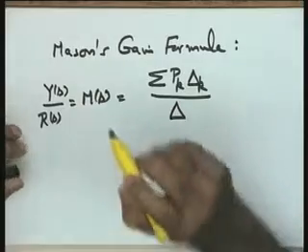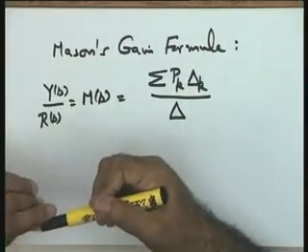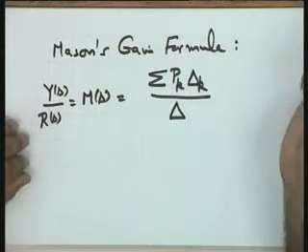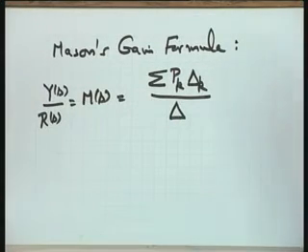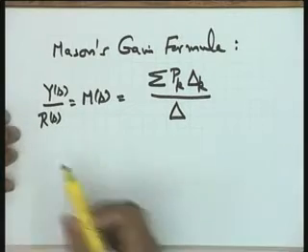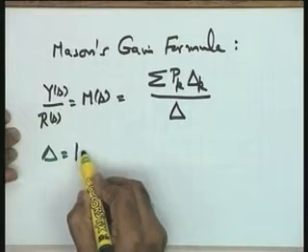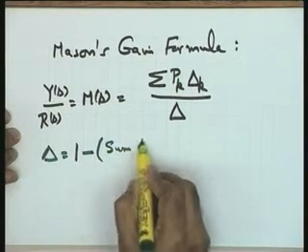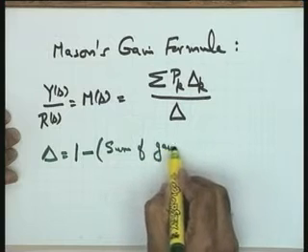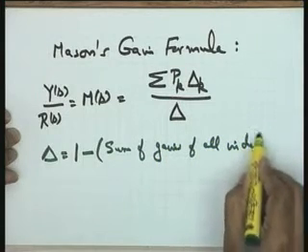I am going to define these terms, and once I define them, I will take your help to apply this formula on the problem under consideration, and you will give me the final answer. I have to define these terms. To define these terms, I get started with delta. Delta equal to, please see, 1 minus the sum of gains of all independent loops.